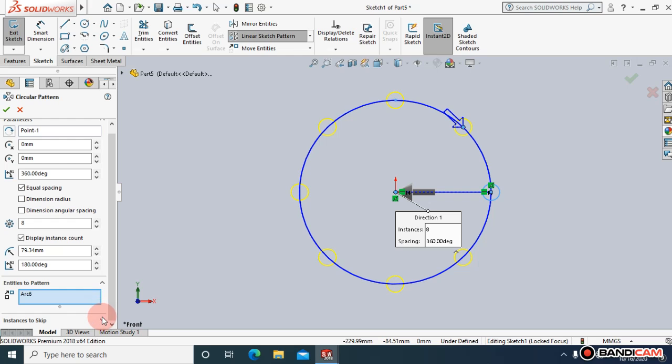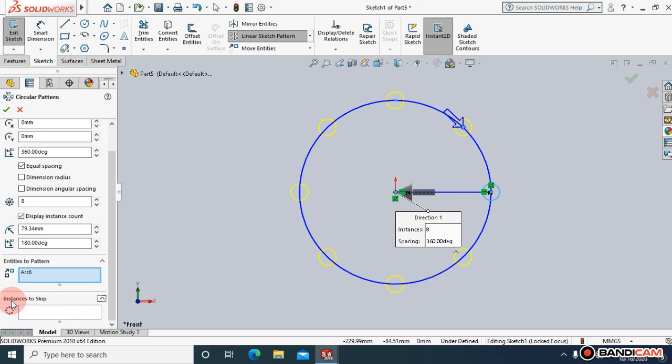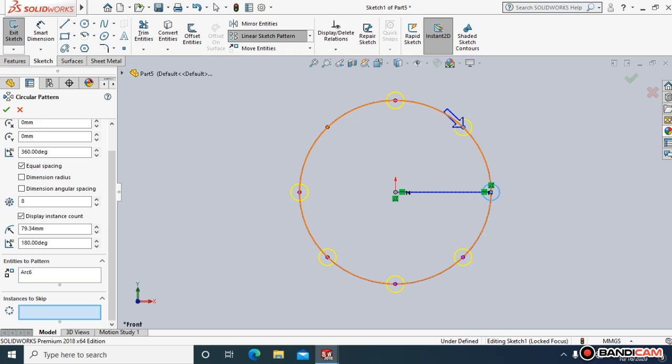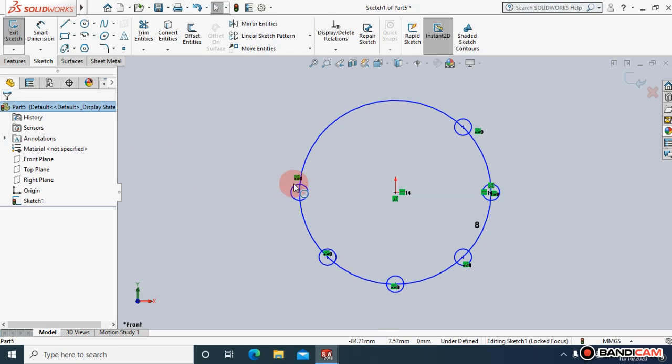Here you can see, at the bottom, instances to skip. Okay, you can skip either of the small profiles. Let me check this one, and I'm going to skip this one and this one. Okay, so you can do this, each and everything you can set up. So this is something how